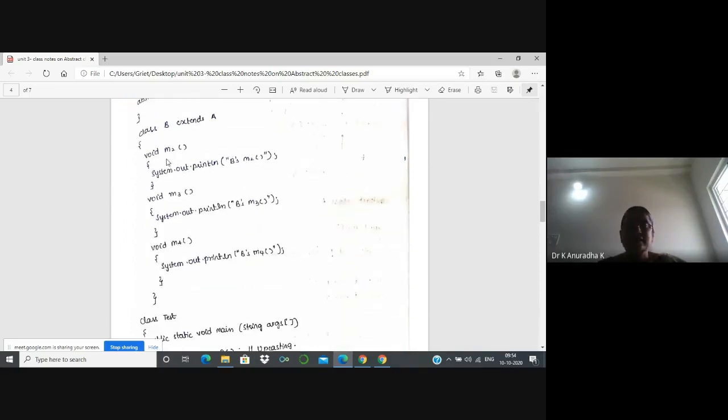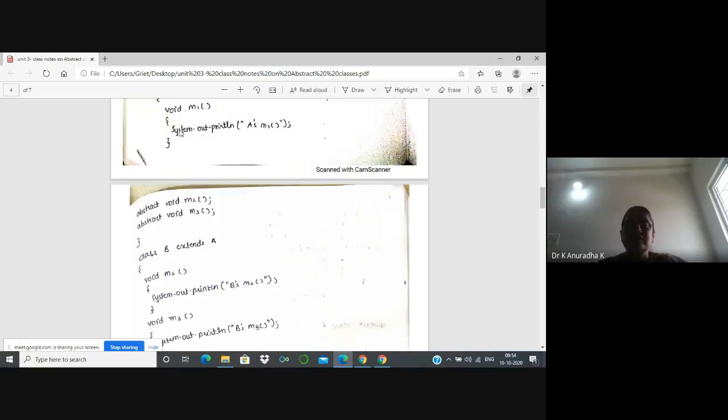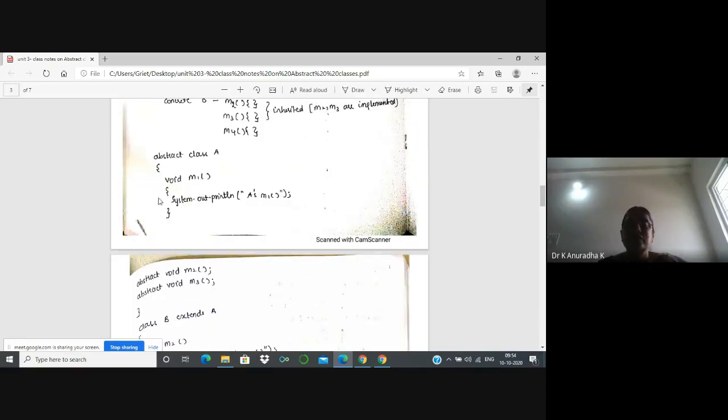Only these three members can be accessed using the reference variable A1. Okay, but except overridden methods. In this case, I think there is no overridden method. So this method M1 is not overridden in its subclass. See, here we have not written M1. That's why what we can access with A1 is A's M1